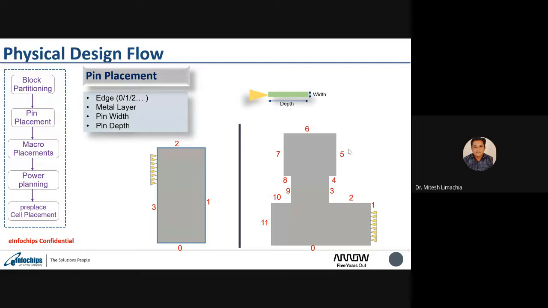I have one question. Yeah, sure. Is the width of a metal layer decided during the physical design flow or at the fabrication level? Okay, so the width of metal, are you talking about pin placement related or in general? In general. Okay, so in general,